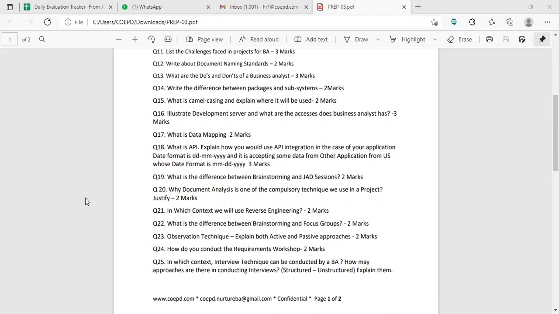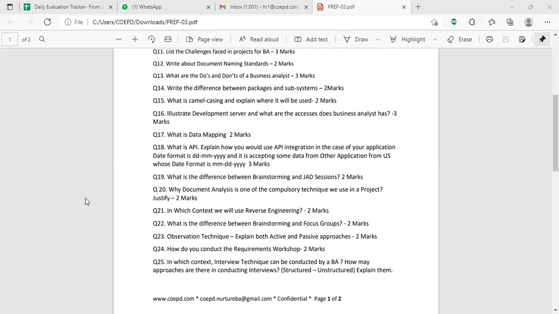The 21st question is, in which context will we use reverse engineering? In which scenarios should one use reverse engineering? What is reverse engineering? Let's assume I have a TV and I want to see which part has a problem. The best way is to open the TV and look at which specific piece has a problem. Now you have to answer in which contexts and scenarios reverse engineering would be an essential